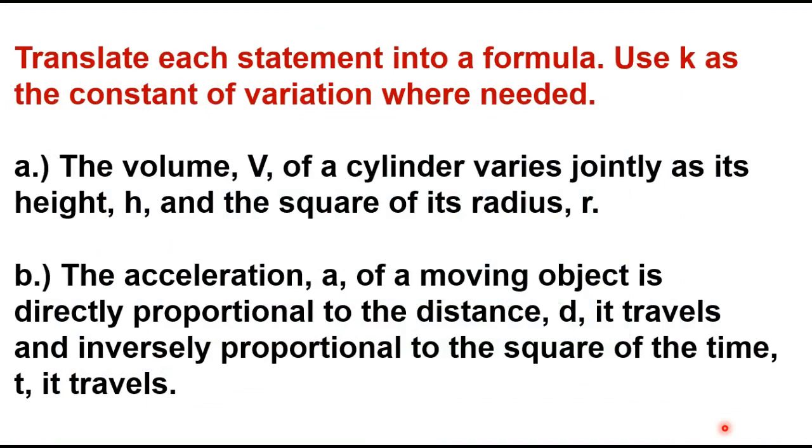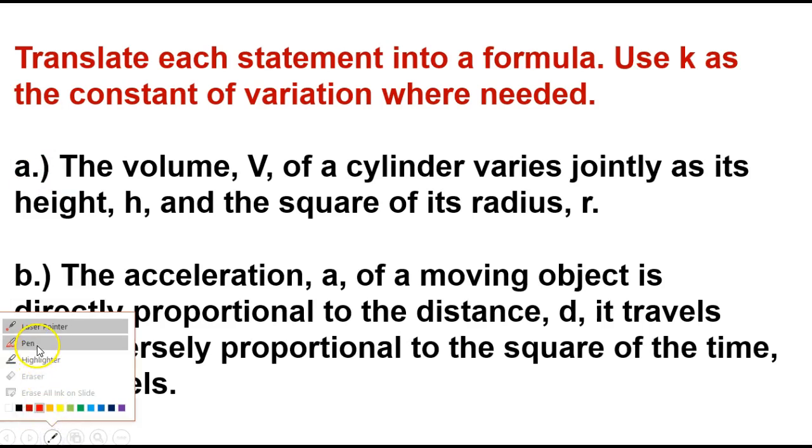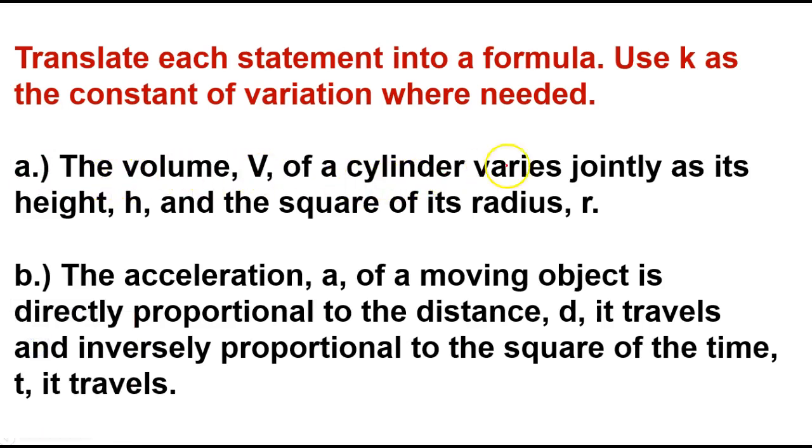Okay, so here it says translate each statement into a formula. Use k as a constant of variation. So think about the key there, identifying which one it is. Say the volume of a cylinder varies jointly. So the word here is jointly. If it varies jointly, then we are going to have two variables that the volume V varies with. So we are going to have V first, equals the constant. You always have a constant there, and then times